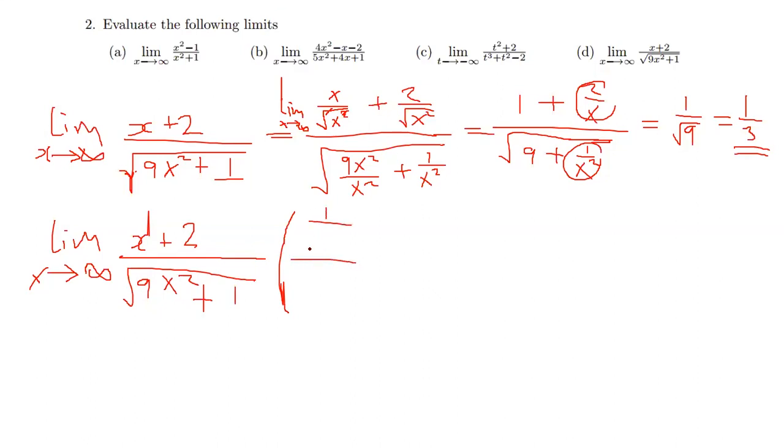You multiply with something like this, and also multiply the denominator with something like that, such that when you multiply this times x, you are going to have this part here, and when you multiply this 1 over root x squared times 2, you are going to have this part there, and then when you multiply this times that,